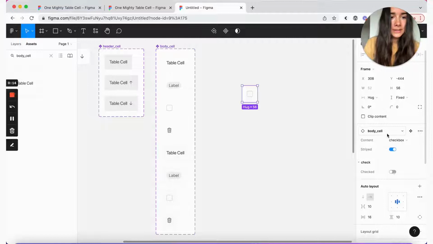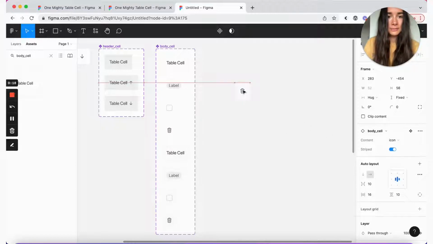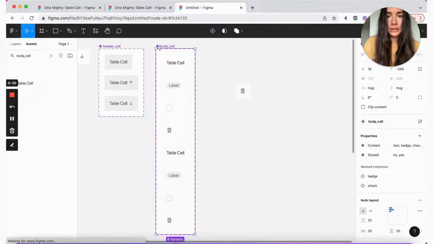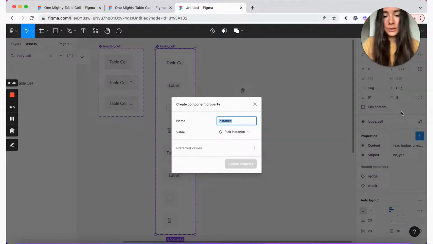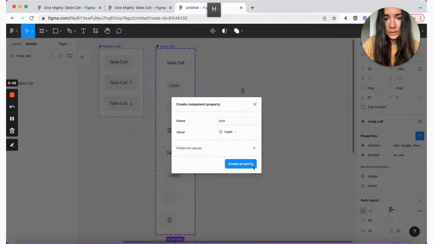So right now let's change this to an icon and take a look at what's going on. We have this trash icon by default, but let's say we wanted to change it to something else. First thing that we're going to do is add an instance swap component. Let's call it icon, and we'll just set it to trash.